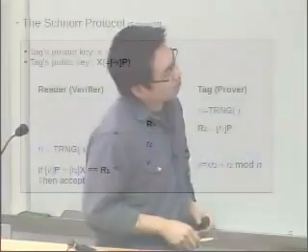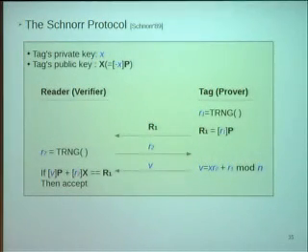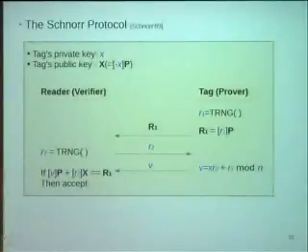Okay, let's take a protocol as an example. This one was proposed by Schnorr in the year 1989. It's an identification protocol, suggested for use in an RFID system. The tag has secret information, a private key X,